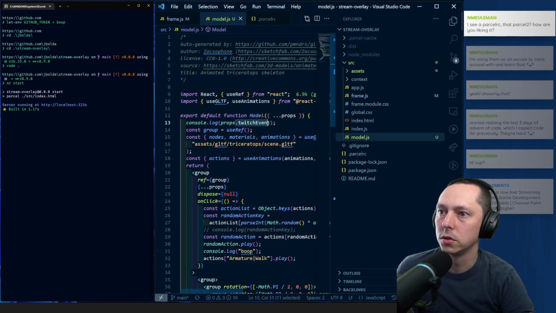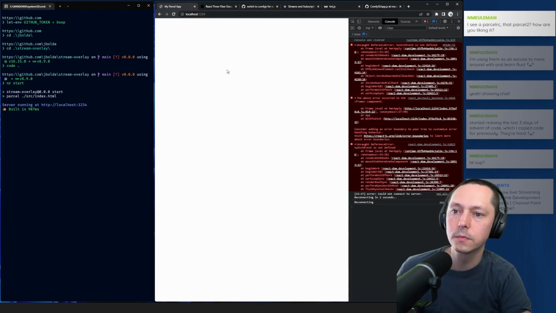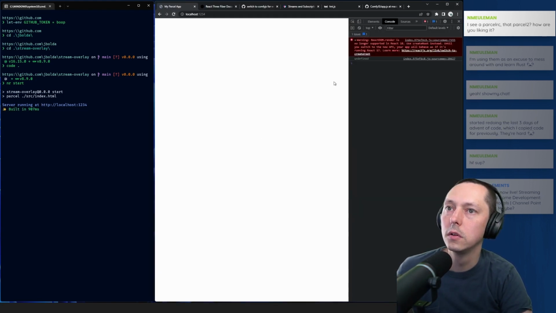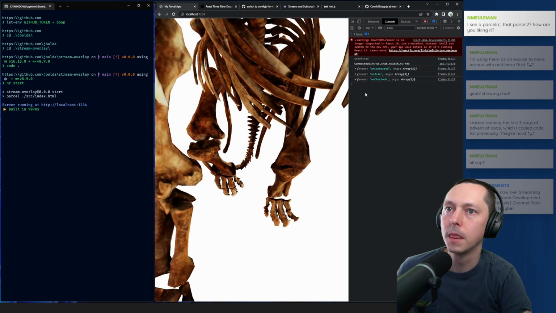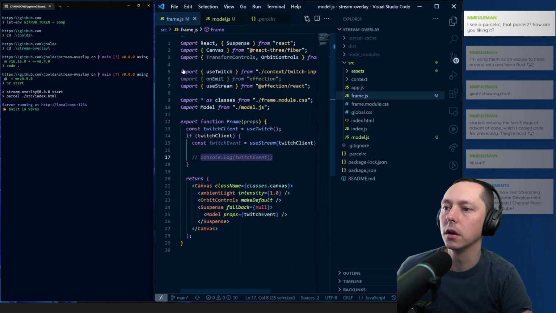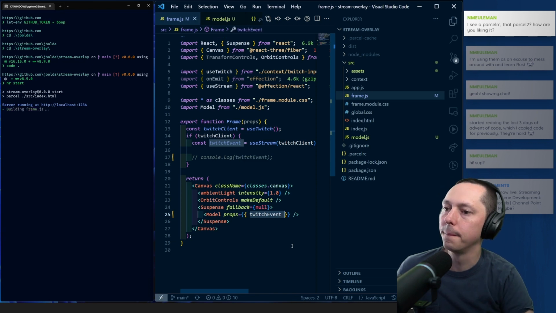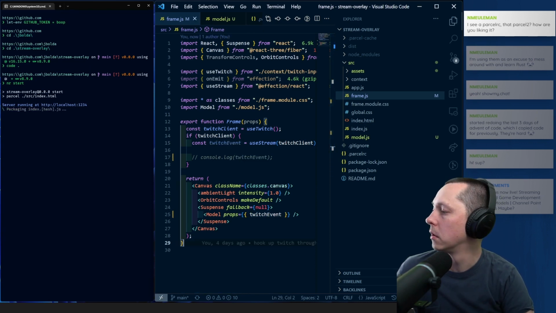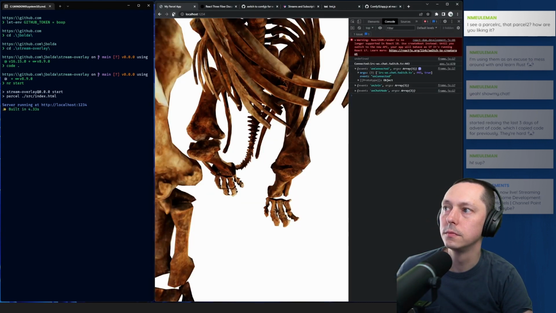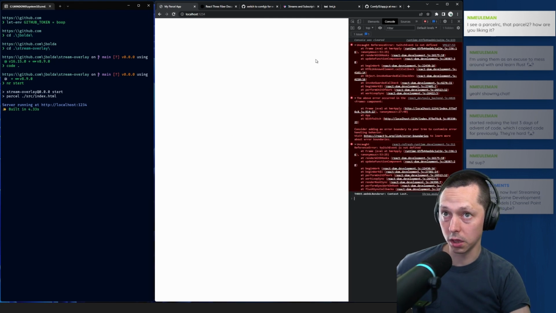So let's just log out props here. Let's see what we're getting for props. Some of it too, I think it's something to do with GLTF.